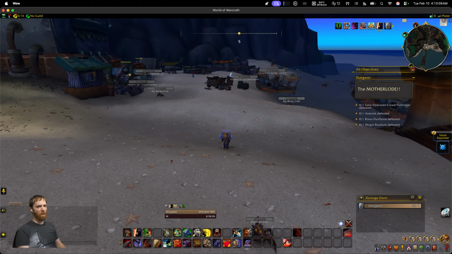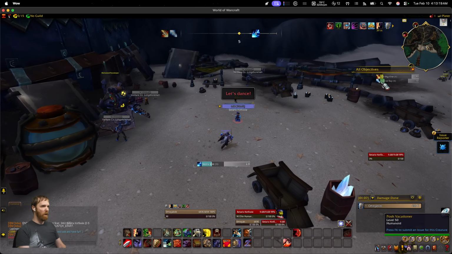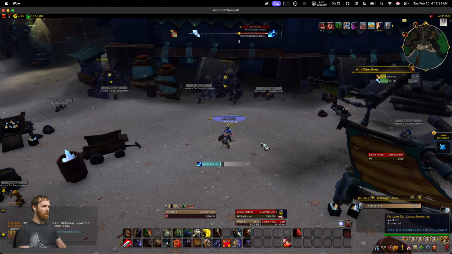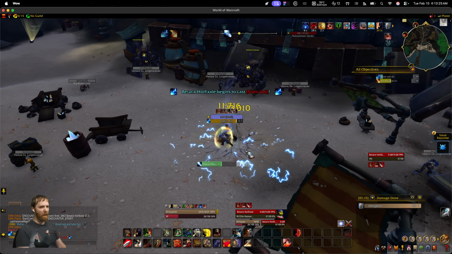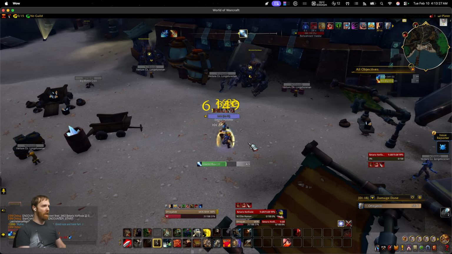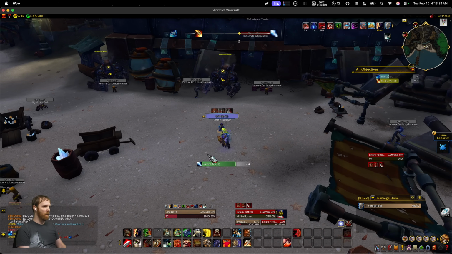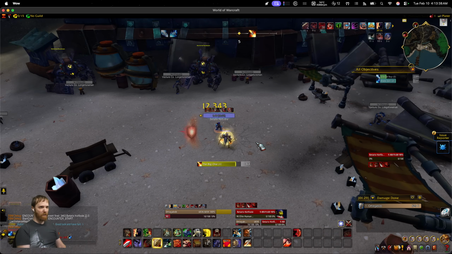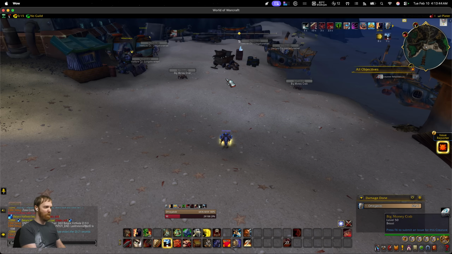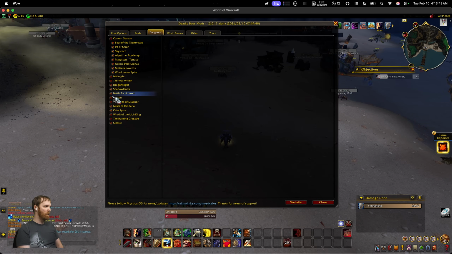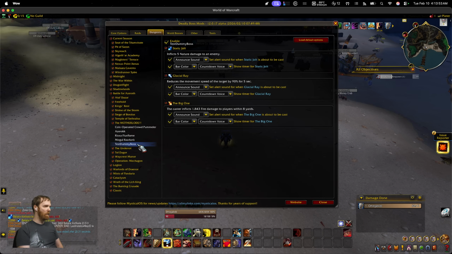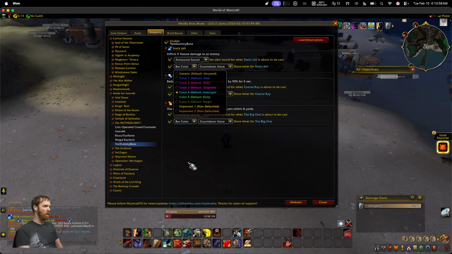Now, I want to show you some of this stuff. Bars that have counts. Fatality. Custom bar colors. Fatality. And the errors you're hearing, I'm going to get to that in the next section. But you can see the bars look a lot better than they were. Fatality. Yep. And if you go into a boss mod, like DBM, you can configure those bars exactly the way you want just by going into the add-on settings and choosing a bar color